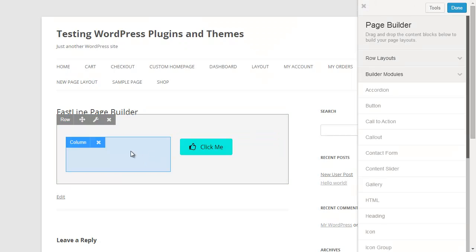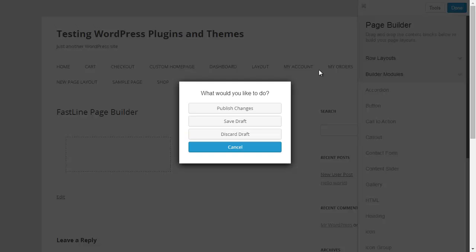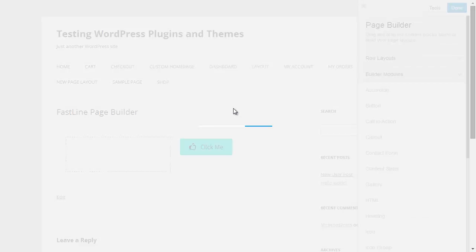Here's the button on the page, and all the options for editing are still available, so we can go in and edit the button or create a copy of it or anything like that. But if you want to see what it looks like on the front end of the site and how the end users will experience it, we can publish the site. So if we click on Done, we can either publish the changes or save a draft. So if we just click Publish,